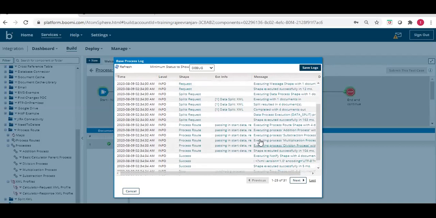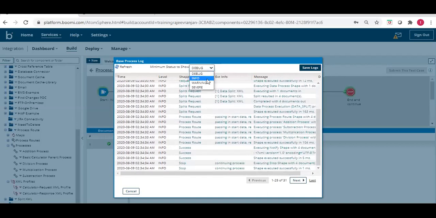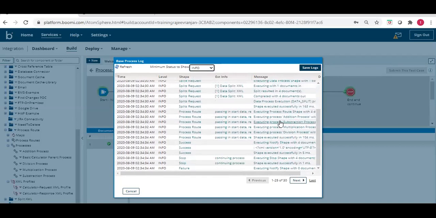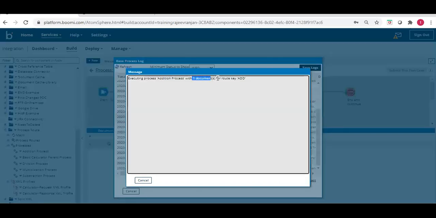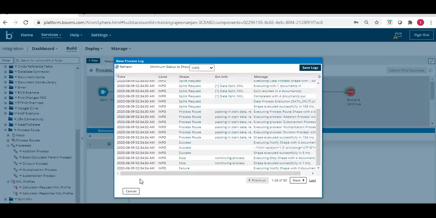Here you can see this is the debug, this is the info. So let's see in the info. Yes, four documents. Here you can see the process document with addition, one document, route key add.